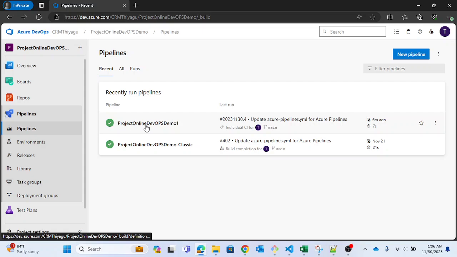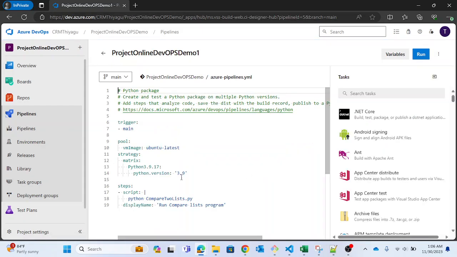So here I am with the project online DevOps demo 1 YAML pipeline, which we have been using for our demo purposes. If I go into edit mode, you can see this is our YAML code. If there are any parts in your code which can be reusable or which are repeatedly used in your code,